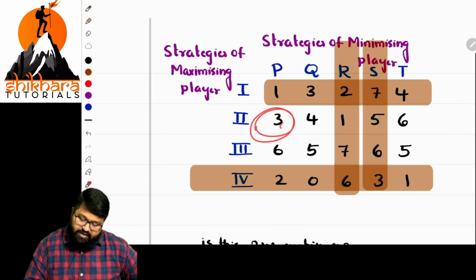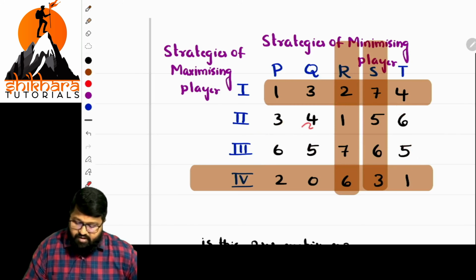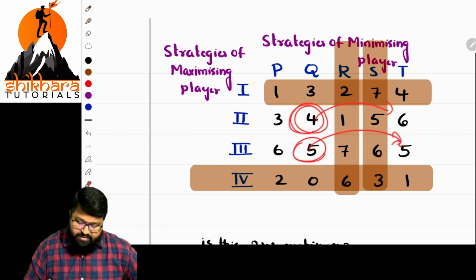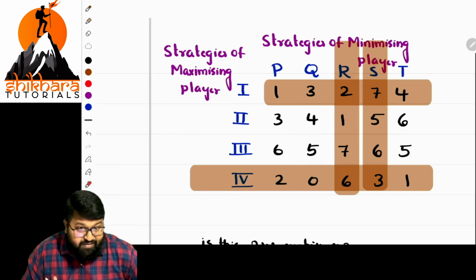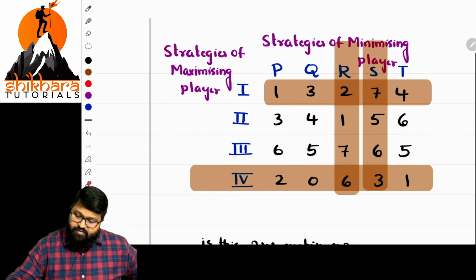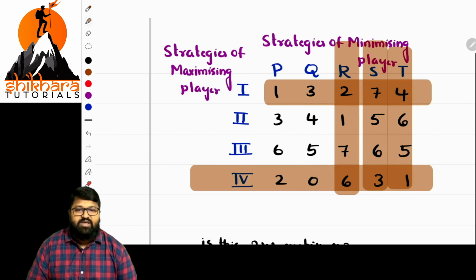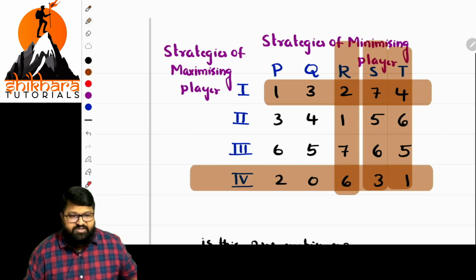When compared to 3, is it highest? Highest. When compared to 6, it's the least. So gone there. When compared to 4, is it highest? Superb, highest. When compared to 5, is it highest? At least if it is equal, fine. So we can eliminate this part. Done. Now the order of the matrix is clear: 3, 4, 6, 5.